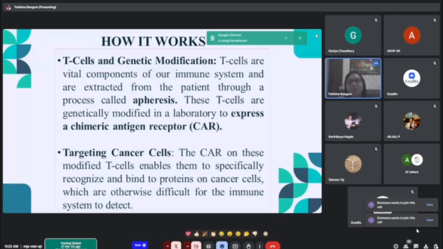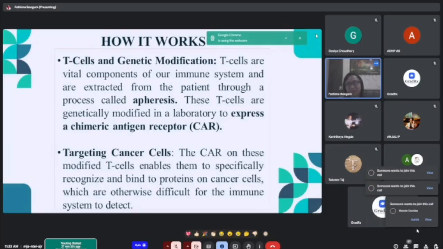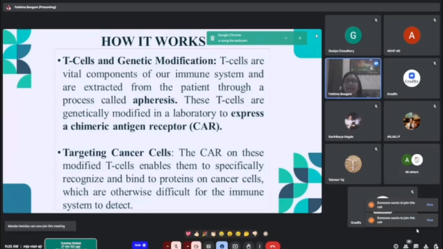We can express it with the help of vectors, either viral vectors, especially vectors that belong to the lentivirus group, or without virus, we can express this particular chimeric antigen receptor. So virus can be used, and the most novel technique for expressing the chimeric antigen on the surface of T cells is